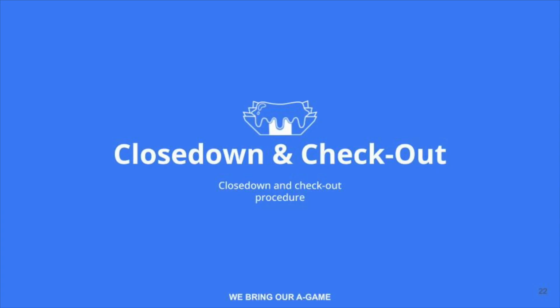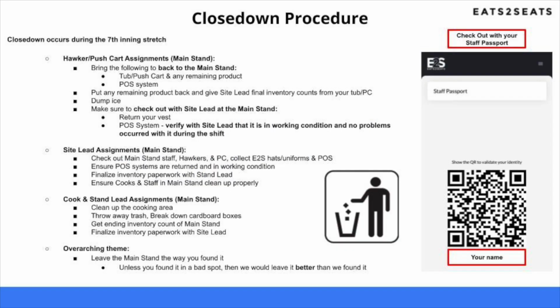Lastly, let's review our closedown and checkout procedures at Clark LeClaire Stadium. Closedown will begin after the 7th inning stretch. However, remember, you have been soft closing at this point for about 15 to 30 minutes prior to get a head start. Hawker and pushcart closedown assignments include bringing your tub or your pushcart and any remaining product and your point of sale system back to the main stand to put any remaining product back and to give your site